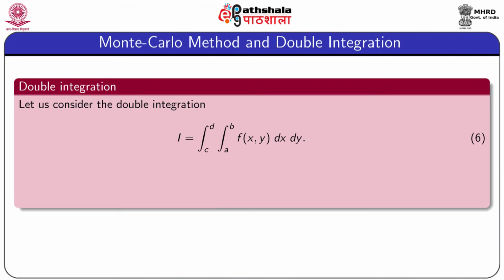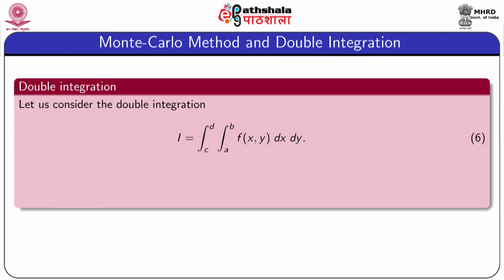Now, we consider the double integration. Two methods, one known as the trapezoidal method and the other known as Simpson one-third method, are to be described to find the double integration of an integrable function. Double integration is a particular type of multiple integration, and we know that double integration is applied in many problems. It can be used to find the area of a particular region. It can be applied to find the volume of a particular surface and many other problems.